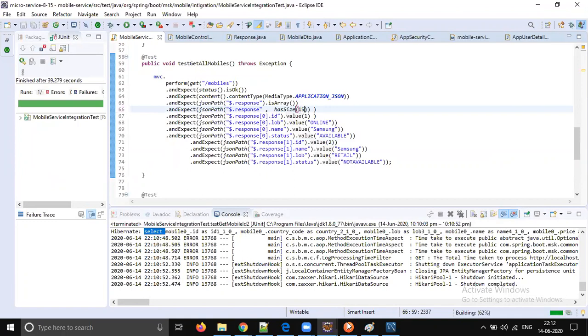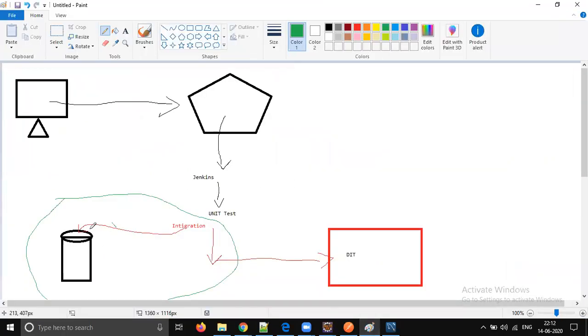Like I told, we will have a dedicated DB whose state will not be changing, so that the database will have limited test accounts. Integration is a separate dedicated part. We will not use live accounts. If it is a live account, the state will change.